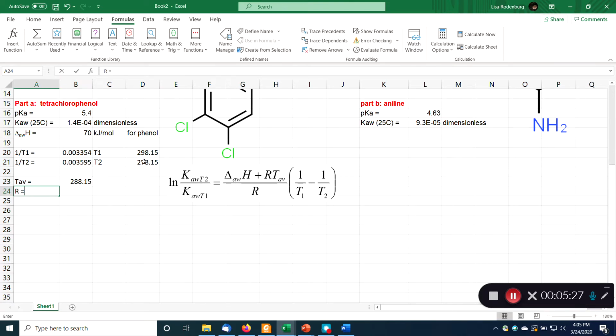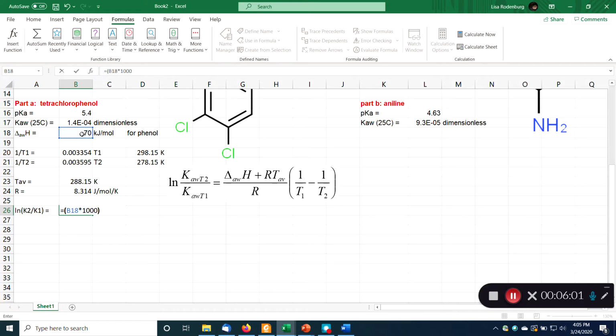R, of course, is our friend, 8.314 joules per mole Kelvin. This, by the way, is in Kelvin. Got to keep track of our units. These are all in Kelvin. Okay, so then we have our delta H. So we're going to calculate ln K2 divided by K1. That's going to be equal to our delta H AW, which is 70 kilojoules per mole,